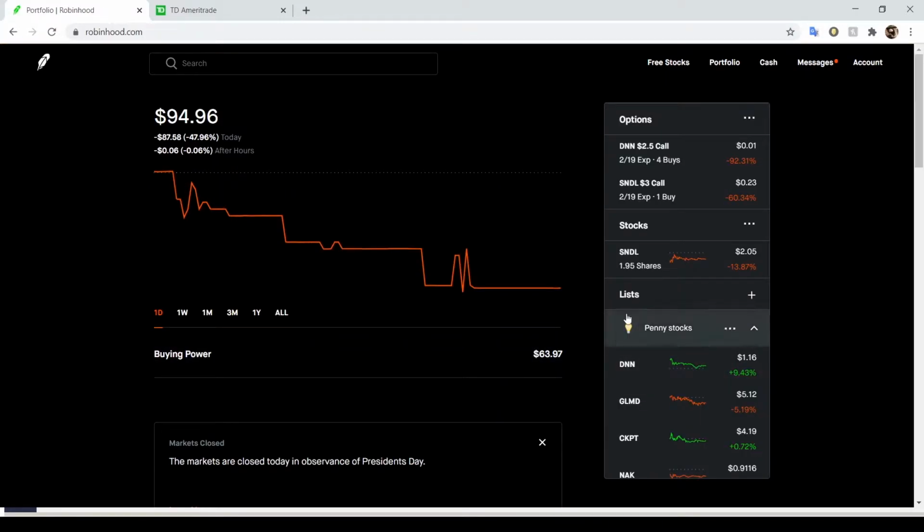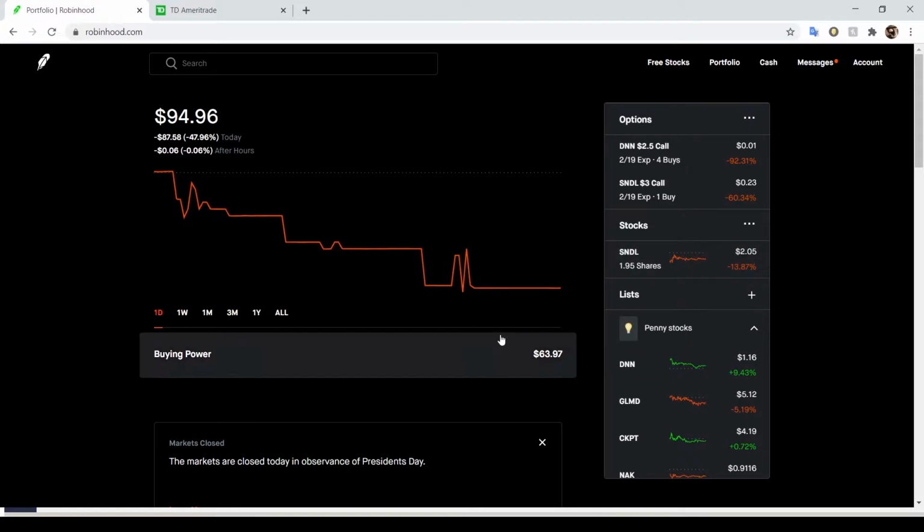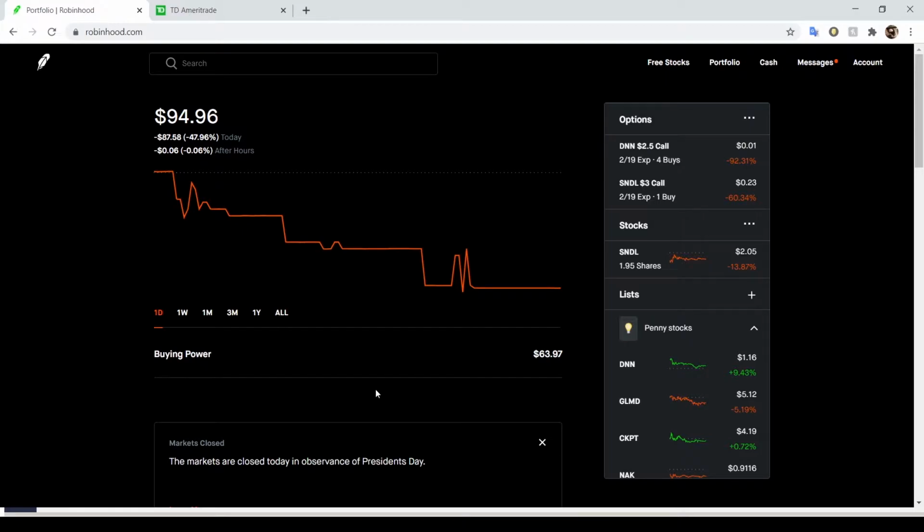I like to watch that. I like to buy options on Robinhood. It is very easy to navigate. Buying stocks on it is also easy to navigate. But there is something that it is missing, which if you're just using Robinhood alone, you're going to want, which is alerts. Which brings me to my next option here,